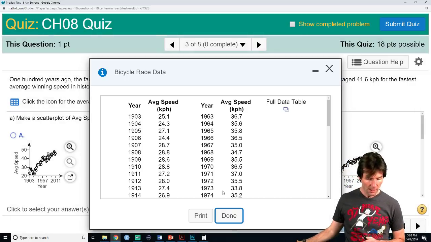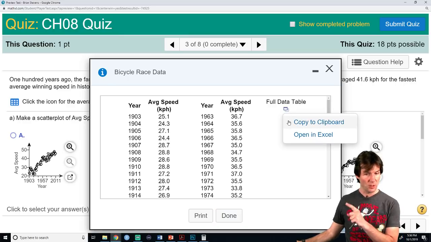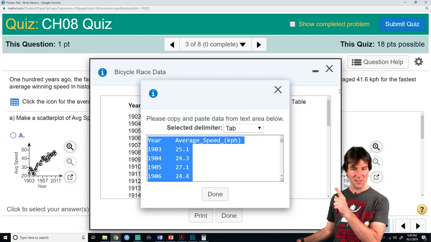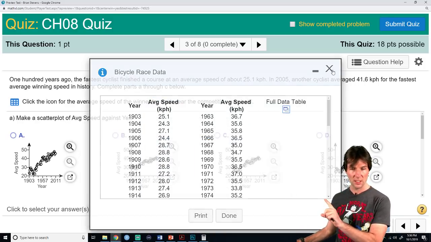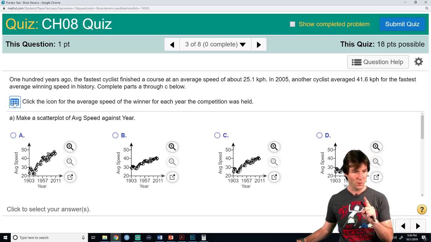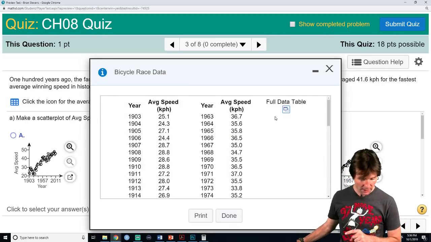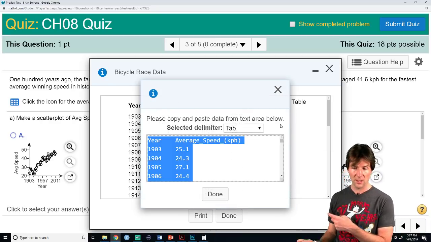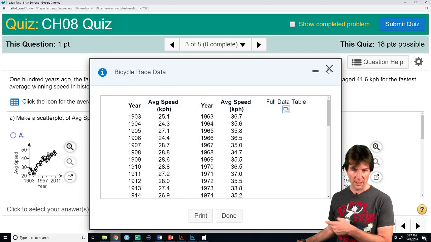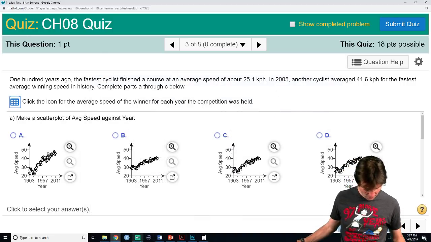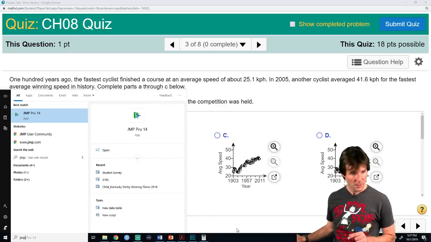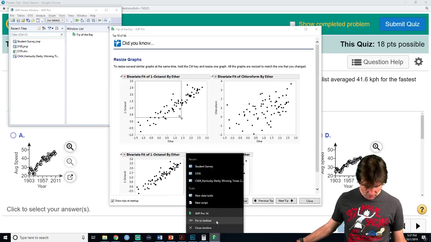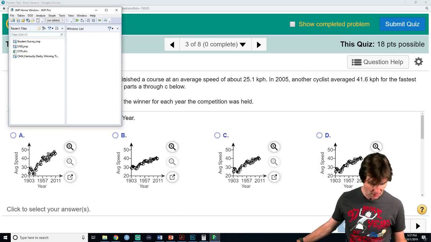What we're going to do is take this data and bring it right into JMP. Remember, this video will be posted for you to review to see how I'm doing this. If you're wondering how to get that data in JMP, watch the video and definitely pause it. So I'll start again. We're going to click there, click here, copy to clipboard, and then Control-C or Command-C on a Mac to copy the data, tab delimited, and then go over to JMP. We pin it to the bottom of the clipboard, pin to taskboard. Ooh, scatter plots. It knows what I'm about to do.